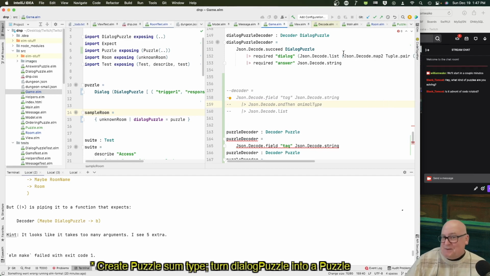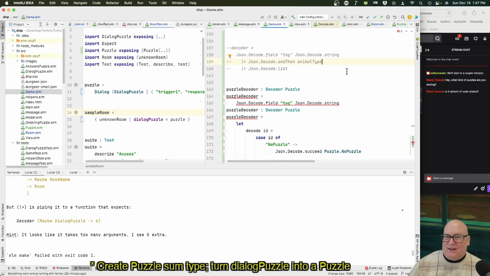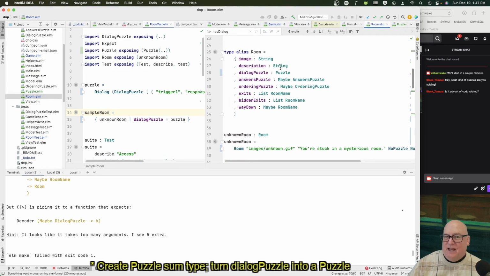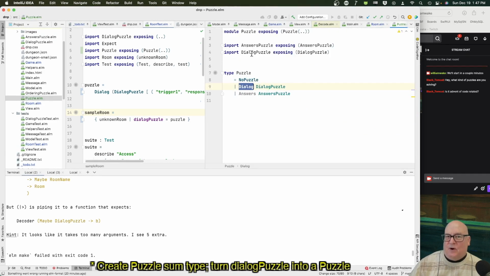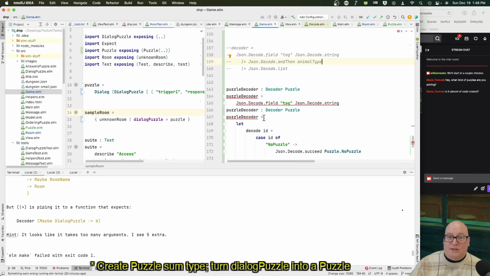It just happens to be puzzle related, just like Advent of Code is doing at this point. What I'm doing now is, I have various types of puzzles, and the room was starting to grow and grow, one for each puzzle type. So I'm trying to fold that into one kind of master type that's going to know all the puzzles. And because I'm making this change, I have to rework how I decode the JSON that encodes the dungeon, which